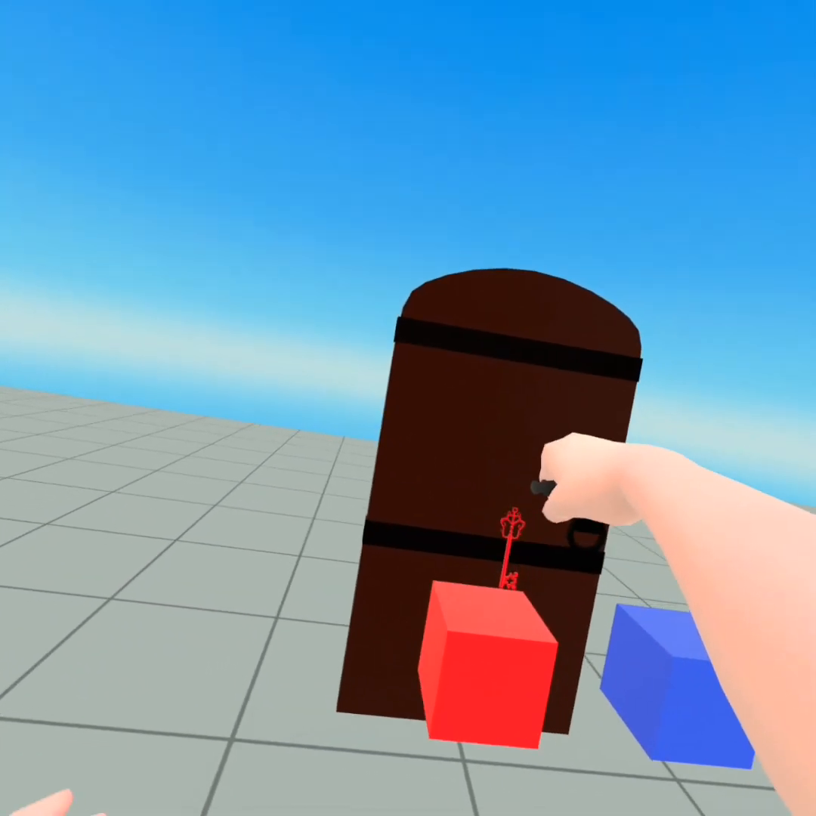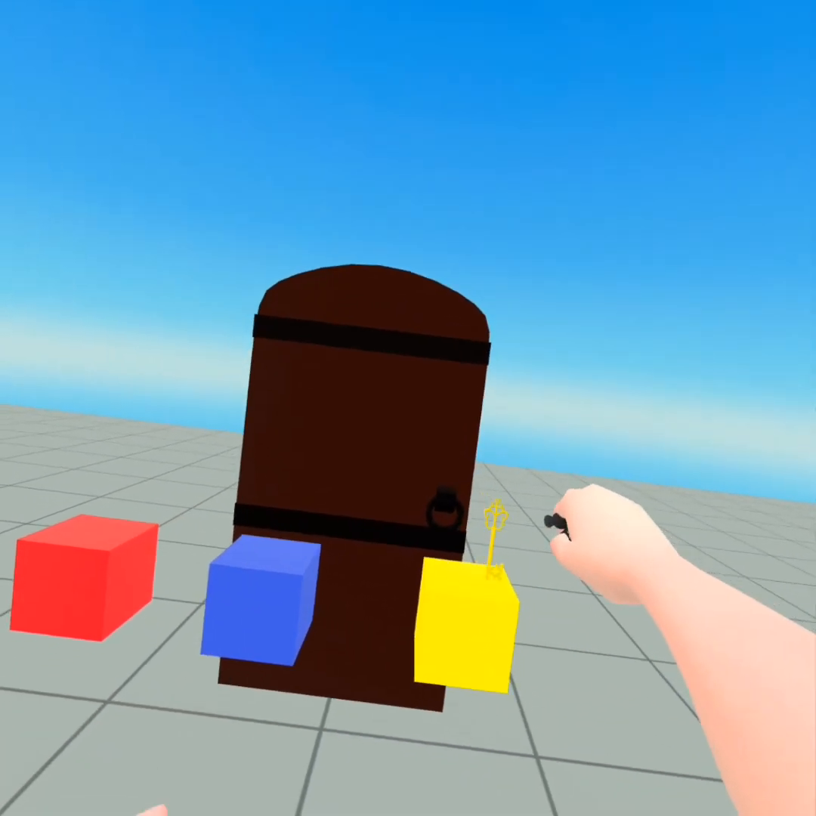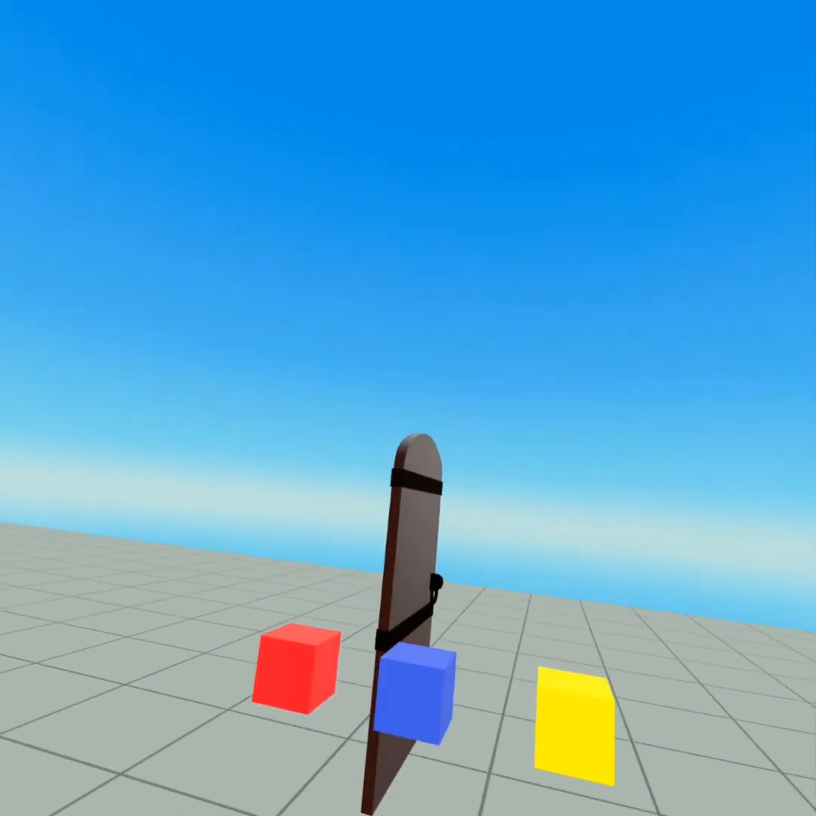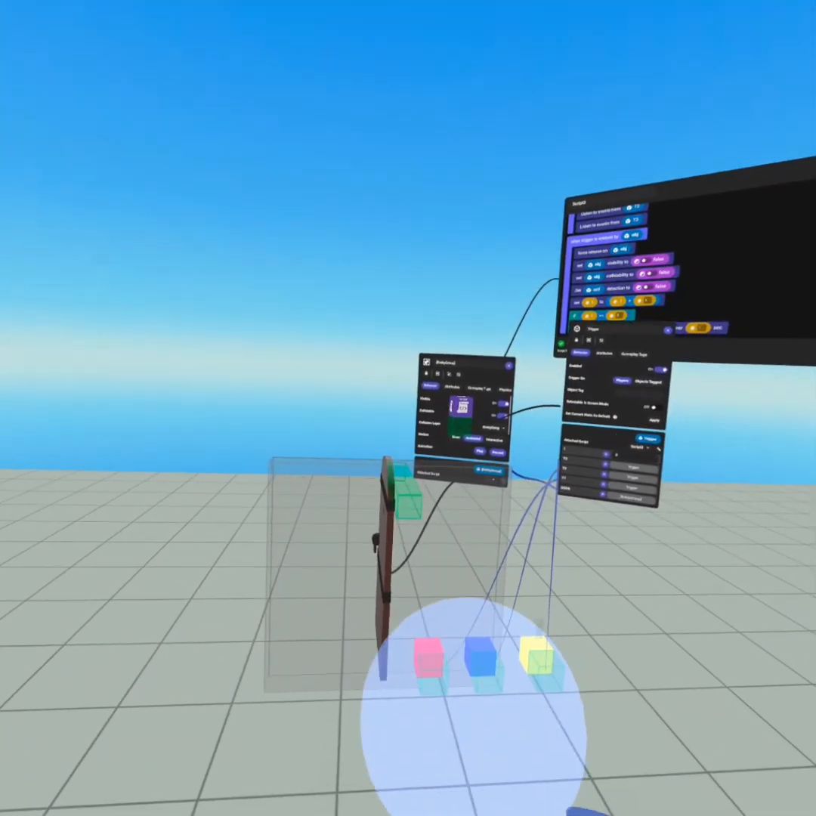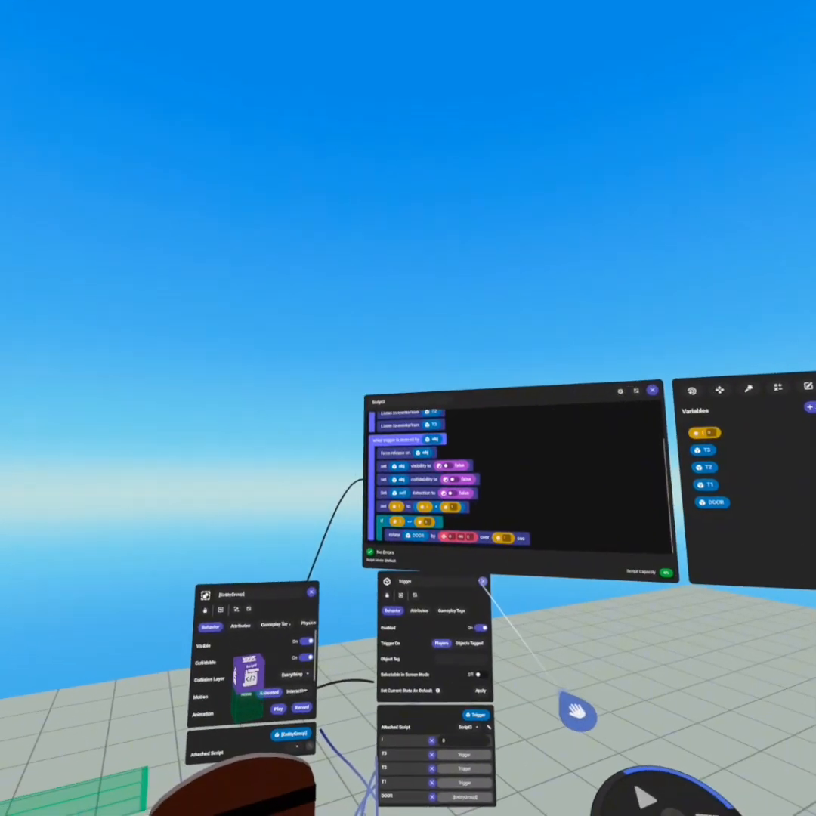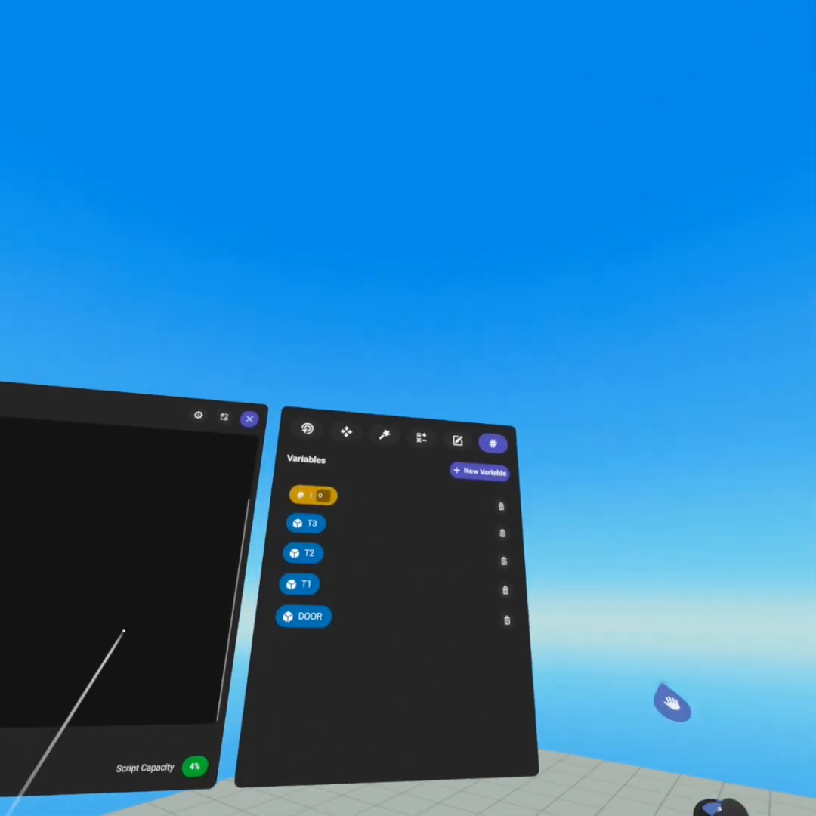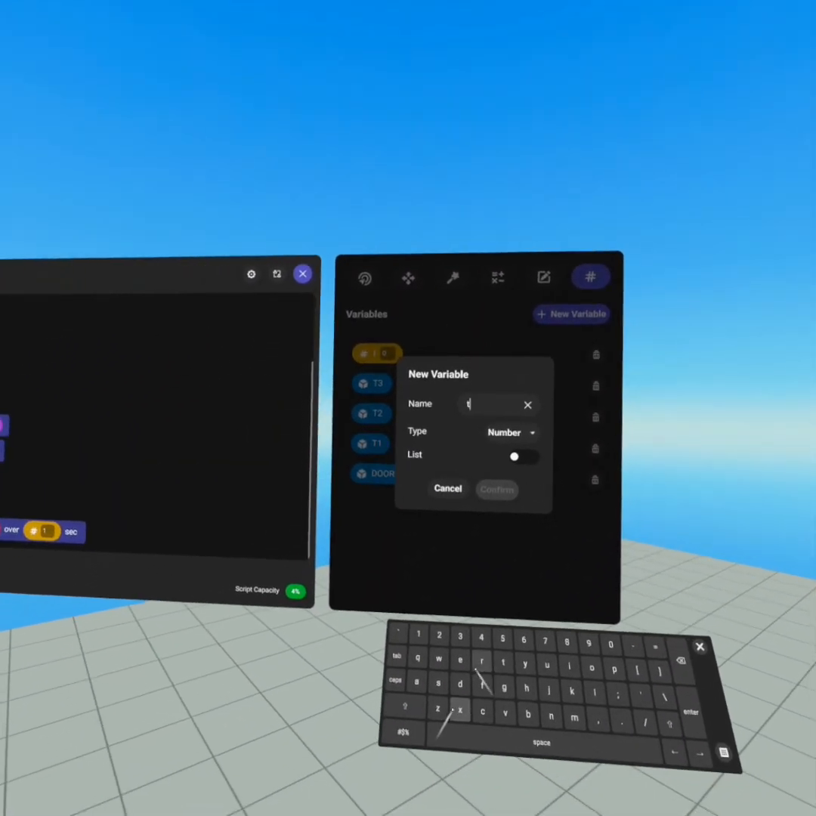Okay, so now we can grab these keys and be like, okay, there's 1, there's 2, and there's 3. Door opened. Now to make this one step easier, because if you're doing a puzzle world, you can also write a text on here. So let's do a text variable